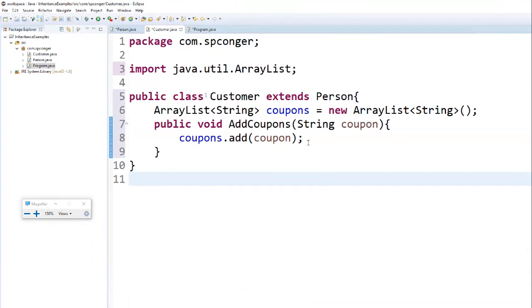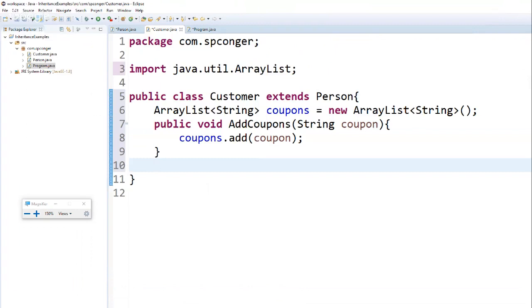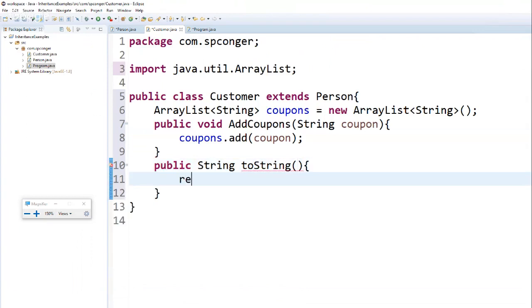I will add one other method in here. And I'm going to do public string toString. And I'm going to return